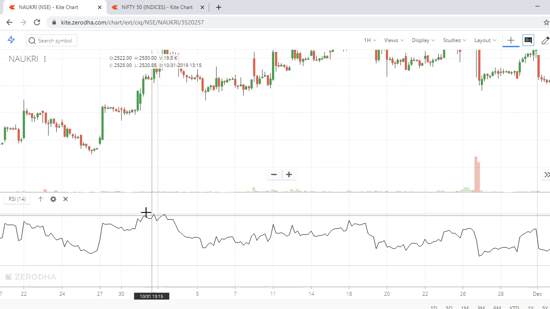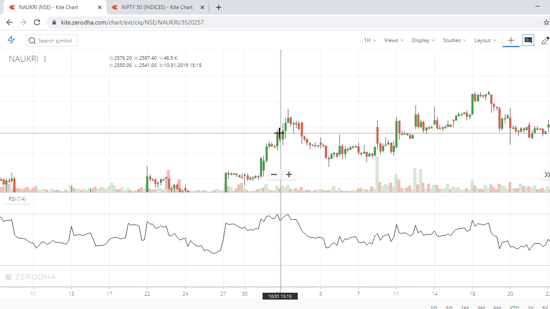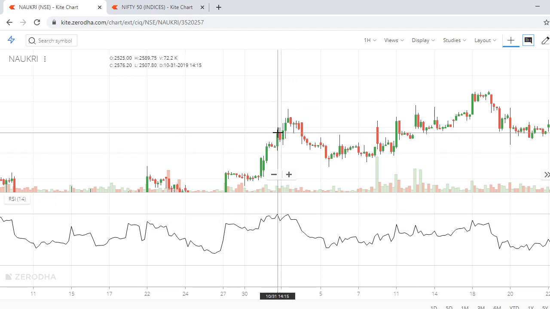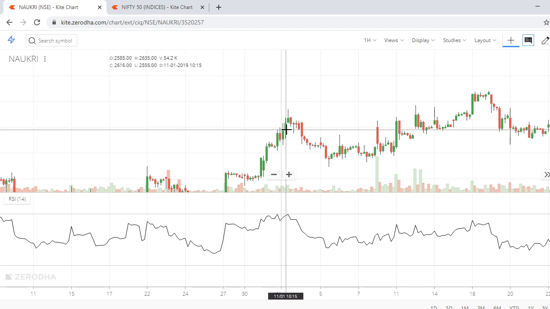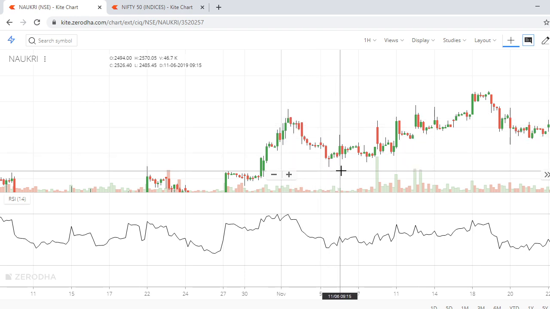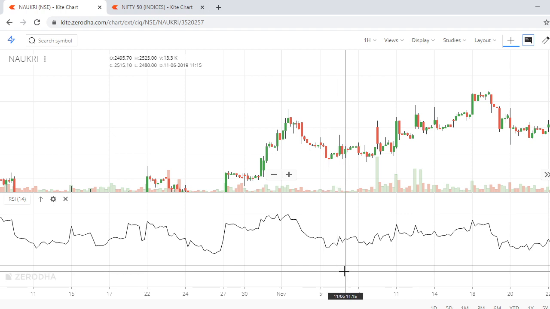See, even here it's almost close to 80. On this particular candle it is almost close to 80, but then it was able to carry some small up move. Again it is close to 80. What do we know? When it is close to 80, we are not supposed to buy. So here you are not supposed to buy. Even after these candles you see, you are not supposed to buy here. Just wait. And it took a reversal. Happily came down. If anybody has bought here at 2576, it is a solid fall. So it's too risky. Whenever it is at overbought zone or oversold zone, it is too risky.